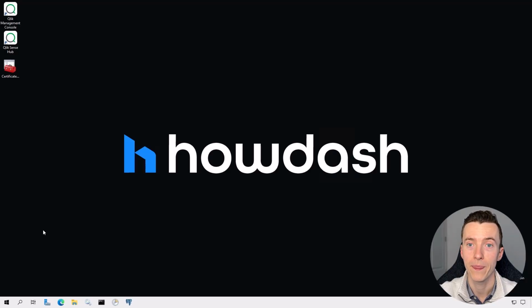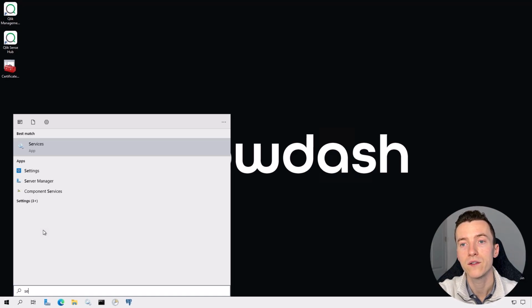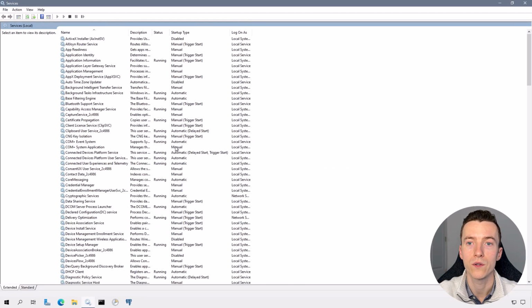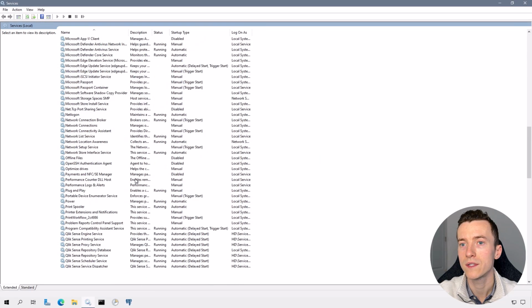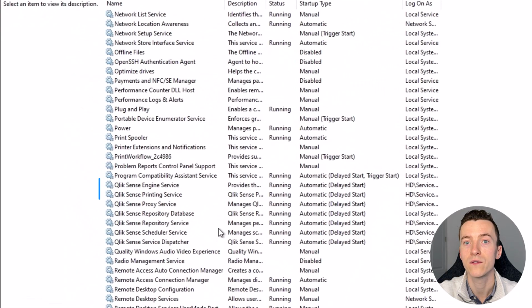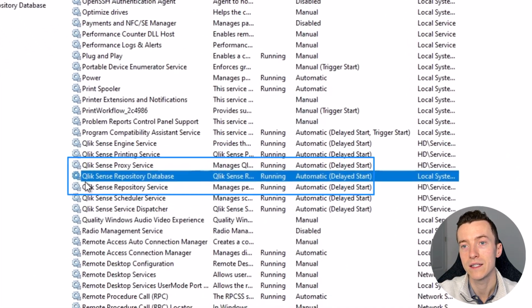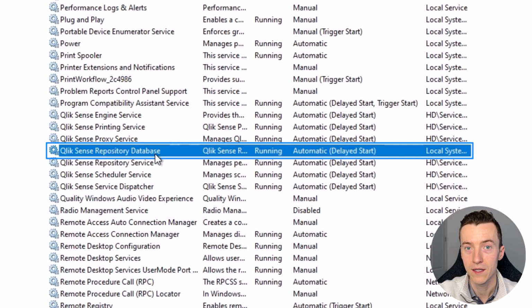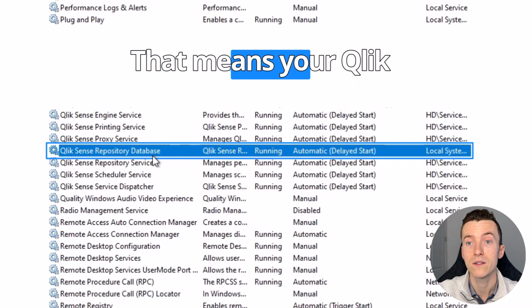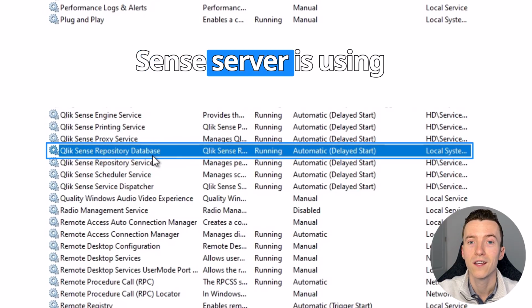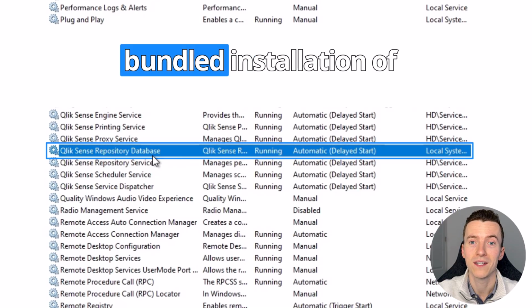of PostgreSQL. I'll go to the start menu and type in services to search for the services app. Then I'll click on it to launch it. Let's scroll down until we see a list of Qlik Sense services and look for the service named Qlik Sense Repository Database. If you have this service installed and running, that means your Qlik Sense server is using bundled installation